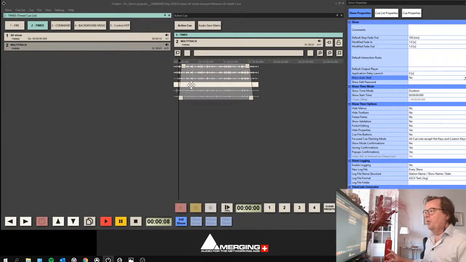One thing that is also important to understand is that all these audio cues can be PCM, can be compressed, can be multi-track. If I want to play back a 96-track multi-track cue, I just can. I just basically open